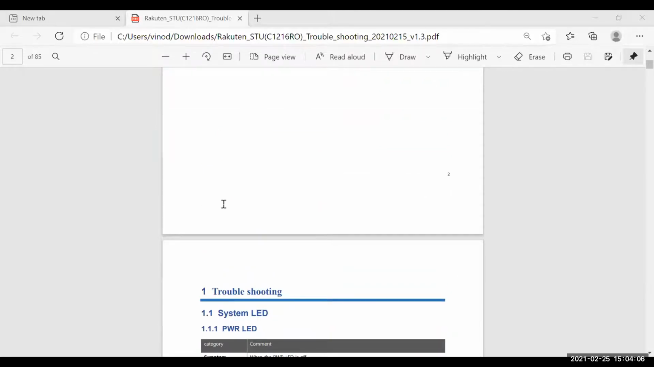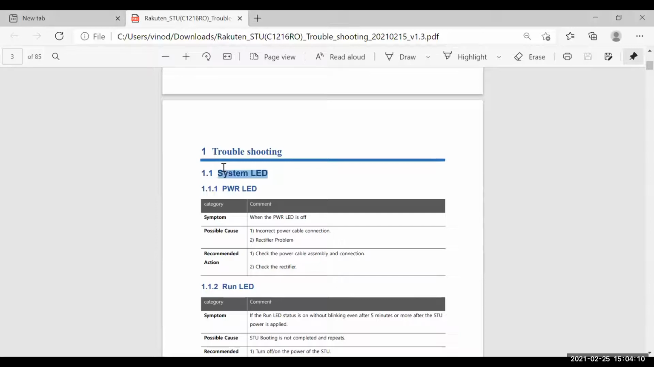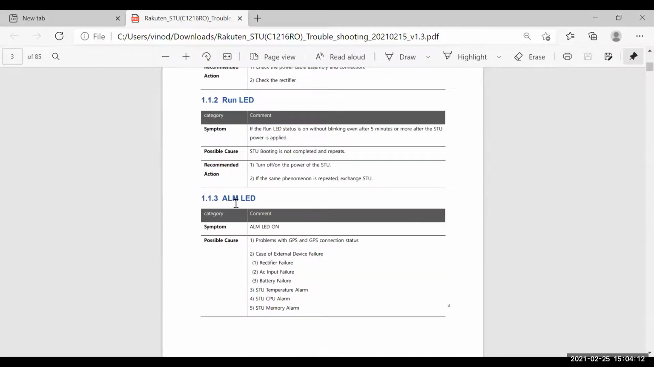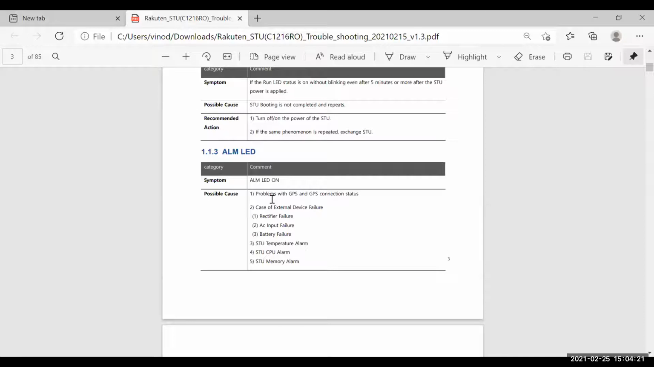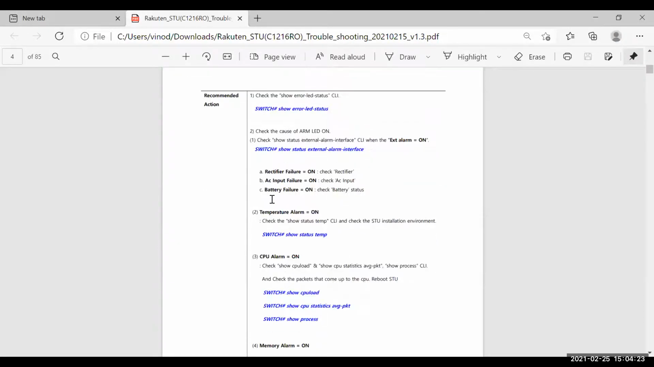Just a recap of what we have covered last time. We have covered system LED. They run at different types of LED, which are operated in STU and as troubleshooting steps. What are the different types of alarms and how to check on the CLI what kind of alarms have been